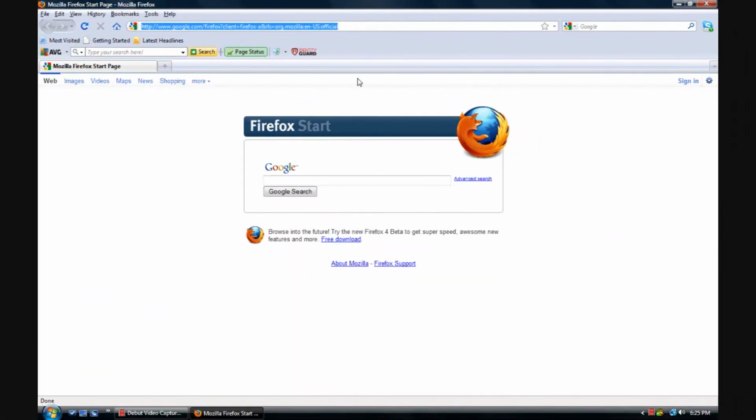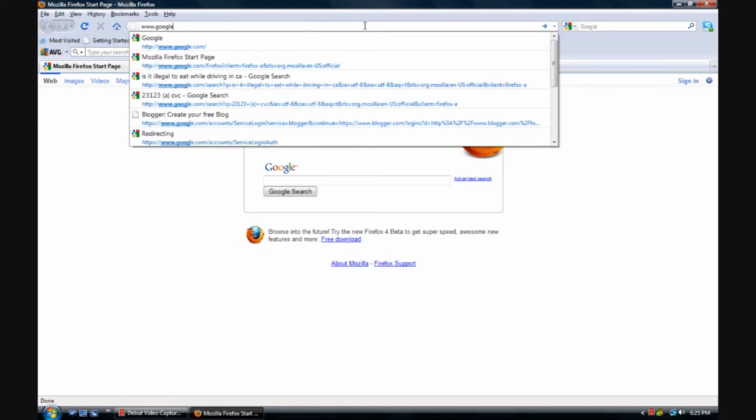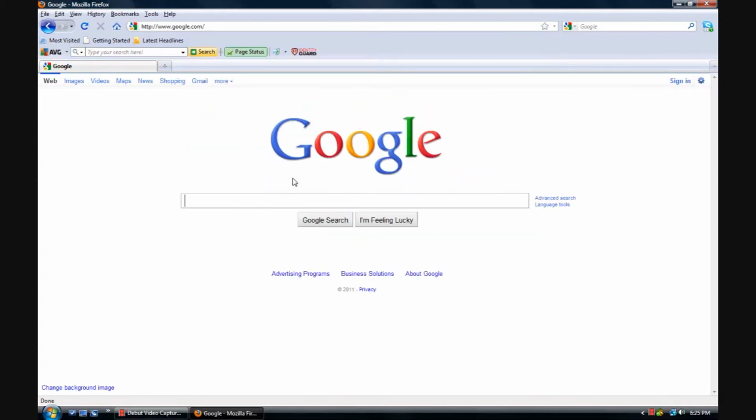Hi there, so what you're taking a look at here is a basic website browser. I'm working with Firefox. Up here is the address bar. This is one of the very first things that's mentioned in lesson 1 of Sumo Paint. What I want to do is come up here, erase that. I'm simply going to go to Google and kind of get it going from here. So now I'm basically at Google's website,